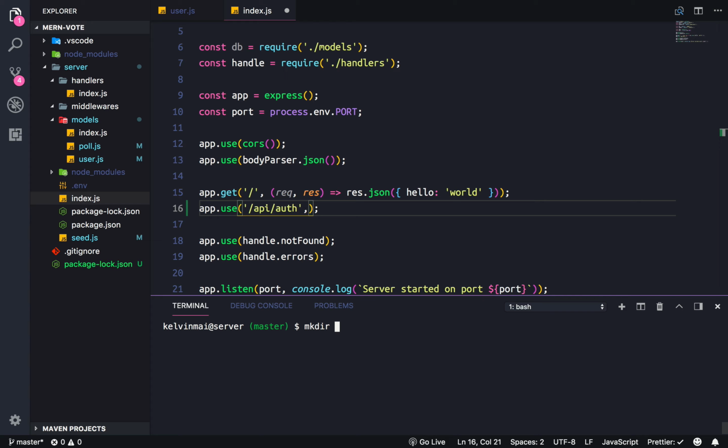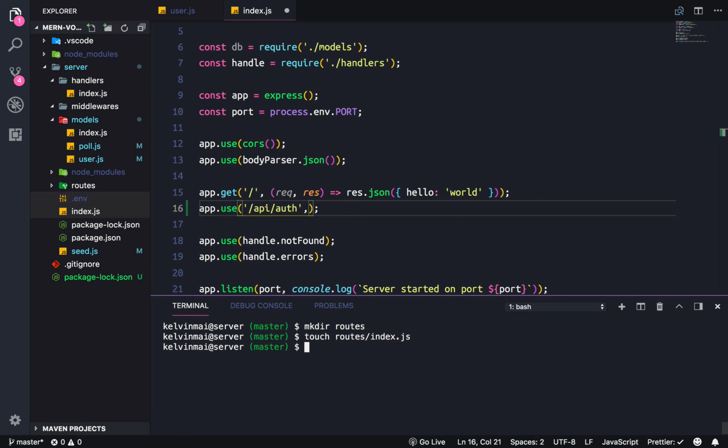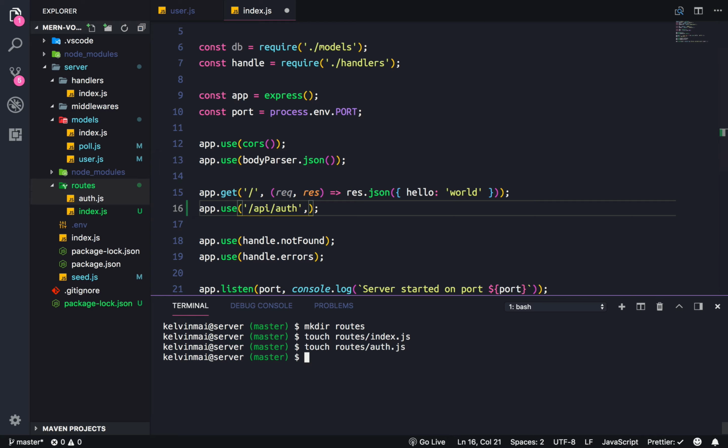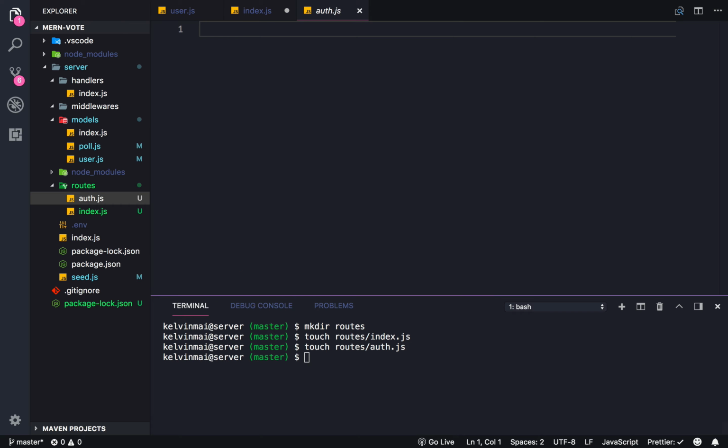mkdir routes, touch routes/index.js, and touch routes/auth.js. Okay. So our project structure is going to be like this. We're going to have our routes in this folder, and then our handlers in the handlers folder. And then we're going to put them together at